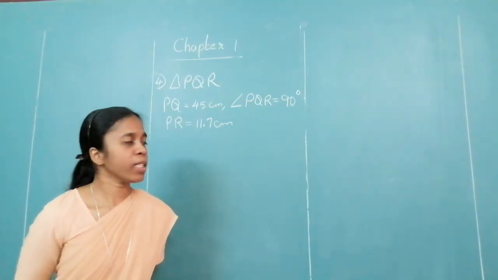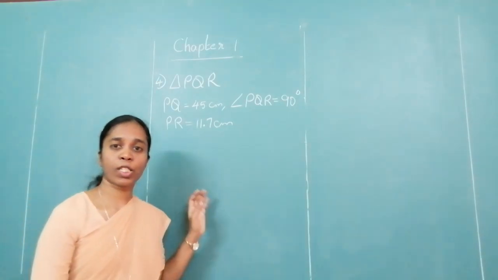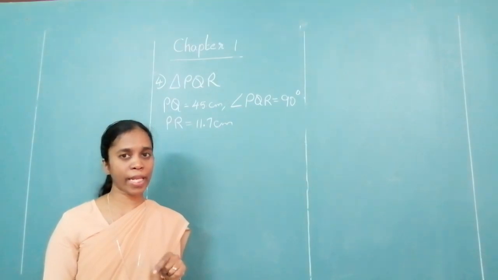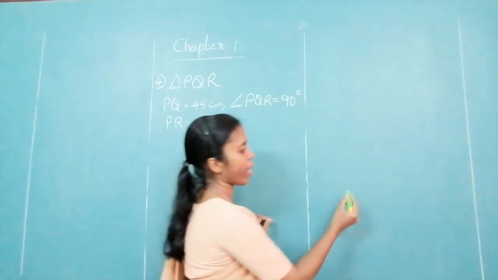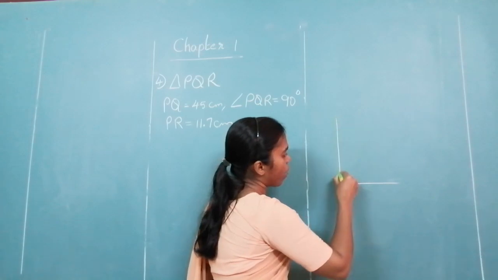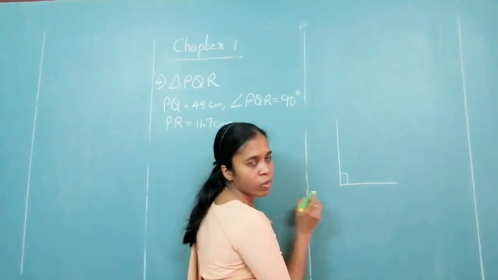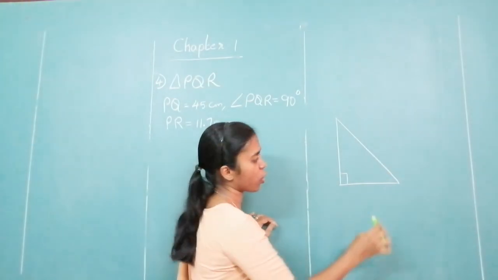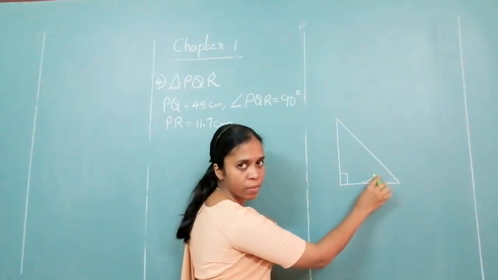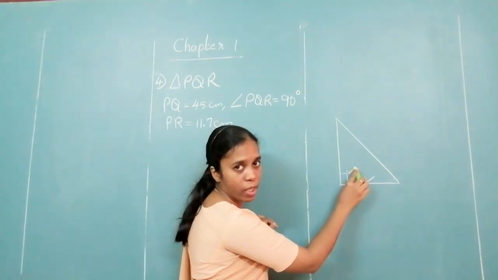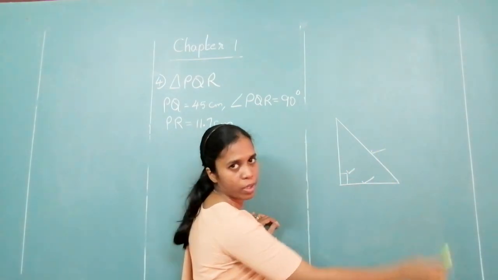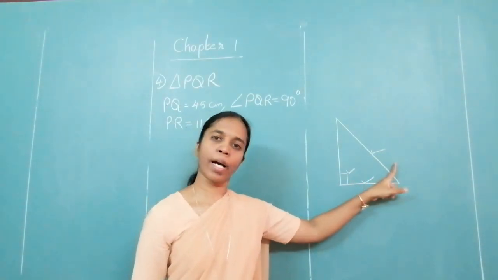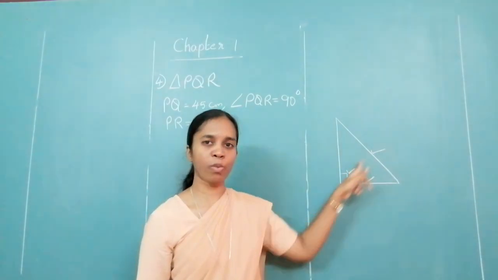Now, the fourth type of construction is the construction of a right angle triangle. Right angle triangle means 90 degrees. So you will always have one angle as 90 degree. Opposite to the 90 degree is the hypotenuse. So what is given to you? You are given the base, whichever angle is 90 degrees, and the hypotenuse. These are the three things given to you. Hypotenuse is opposite of 90 degree.